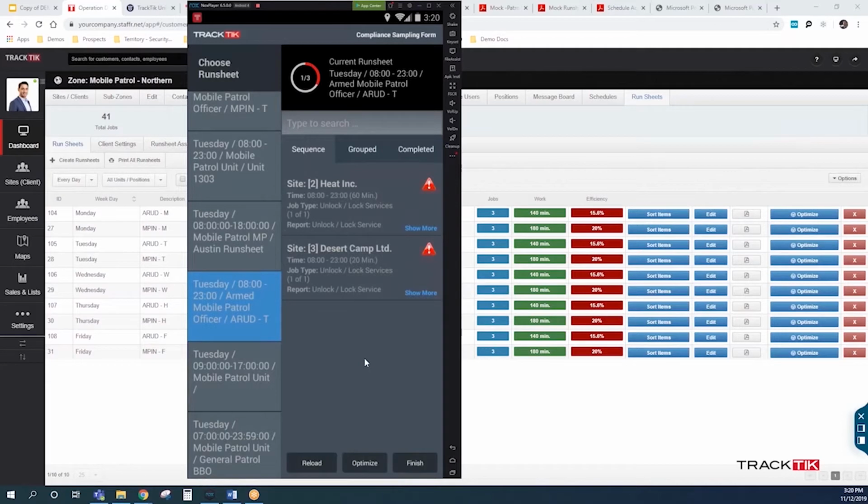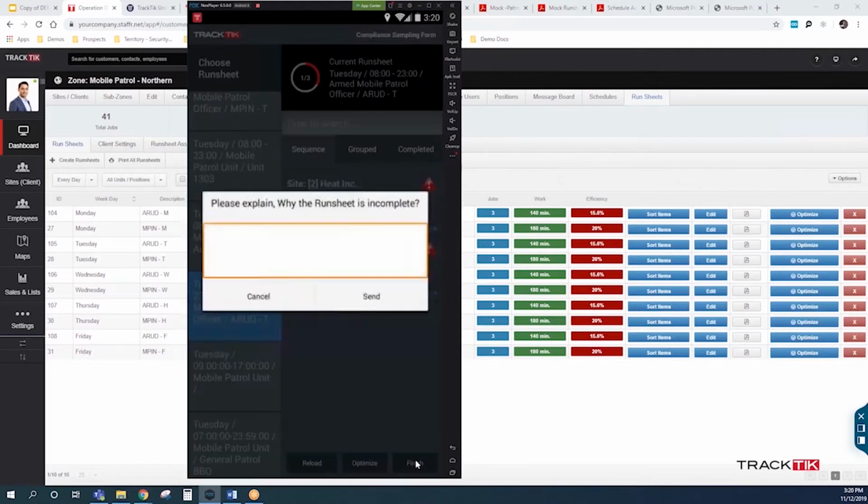Keeping transparency in mind, TrackTik will not allow a patroller to complete a run sheet without hitting all sites without valid reason. Upon selecting finish, a box will be present asking the patroller why his or her run sheet is incomplete. This will allow for full transparency with your clients over incomplete work and allows for coaching opportunities, if necessary,